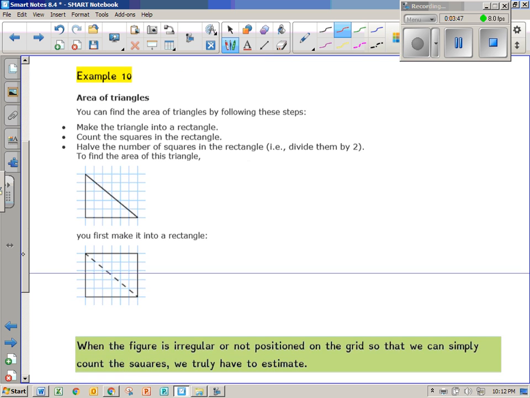One chunk of your homework has triangles on it, and especially when they're right triangles like this. But when you have a triangle, you don't really have to estimate all the little bits, because you can see here you've got kind of a little portion, a little teeny tiny bit, and instead of approximating that, if you just make a rectangle out of the whole thing,